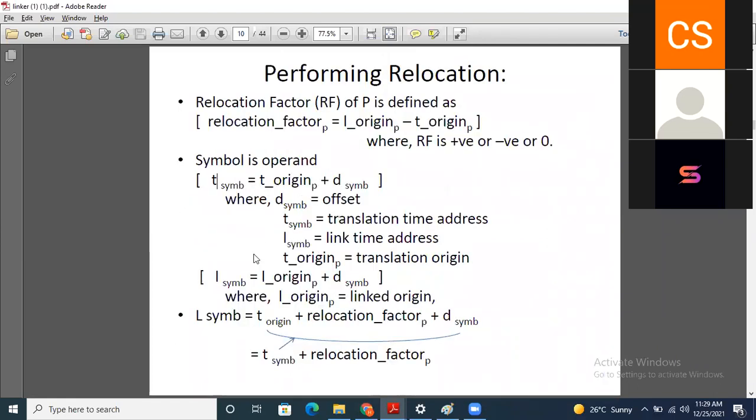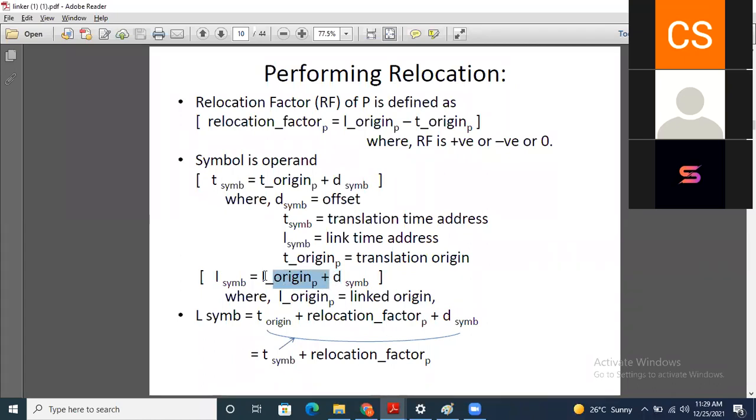Similar is the case if I want to calculate the address for link time, that is the LSIM link time address. Then I need to add this L origin to the offset.